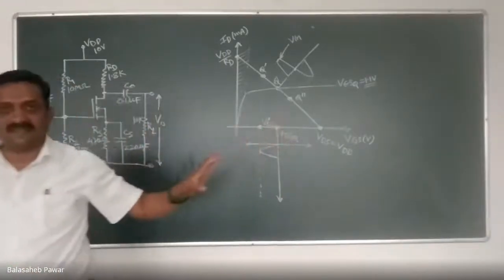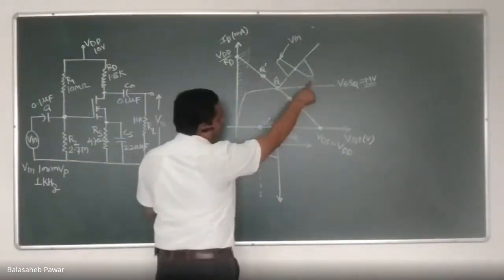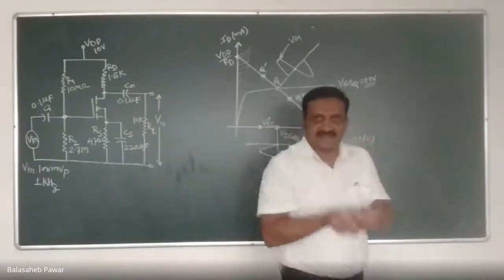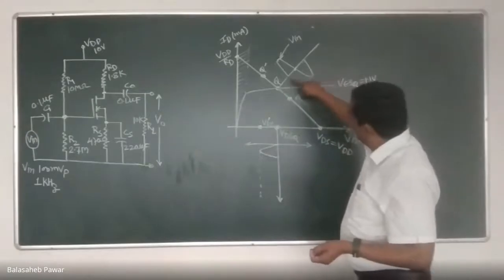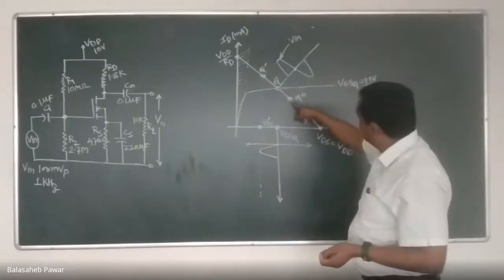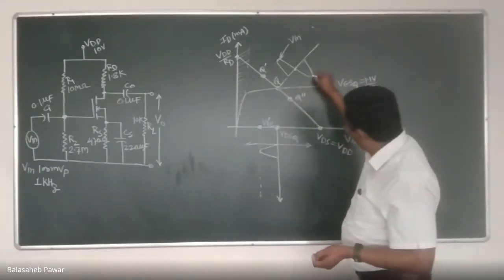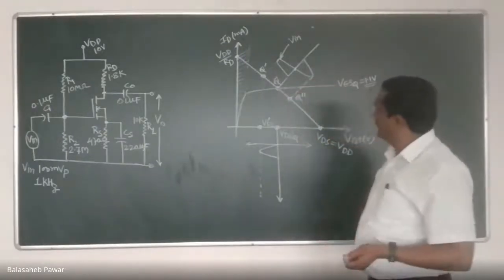Am I audible properly? Yes, sir. So whenever that input goes to negative peak, what will be the effect on net gate voltage? That net gate voltage gets reduced. That means graphically here you can observe that the Q point, from its center on the DC load line, gets shifted to Q double dash respective to the negative peak. Is it visible now properly? Whatever I am showing, how it gets shifted over here, right?